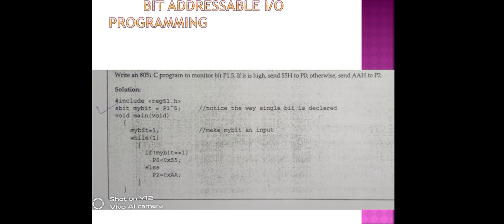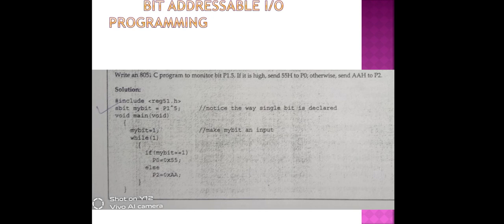Then void main, opening curly brackets. 55H and AAH are opposite conditions: 5 is 0101 in binary form, and A is 1010 in binary form. Then 55H and AAH are opposite, which is why we have used them as toggle conditions.